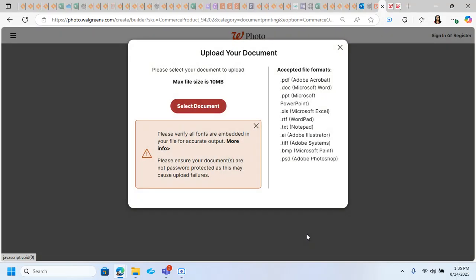So this is how the overlay looks. In this case, on the right hand side, you would see the different formats we support: PDF, doc, PPT. These are different file formats which we allow the users to upload through our site and get them printed. Now let me try to